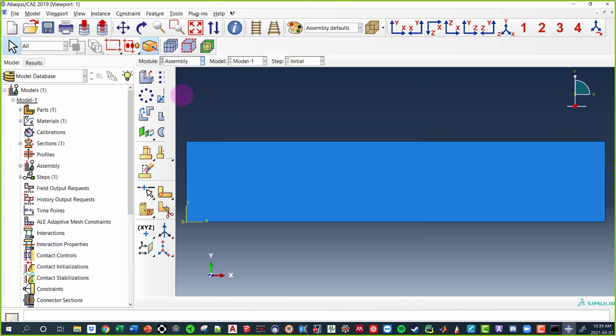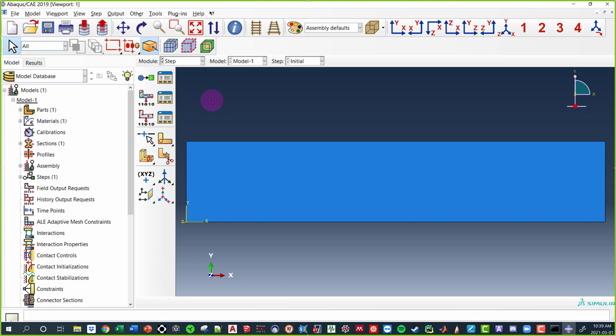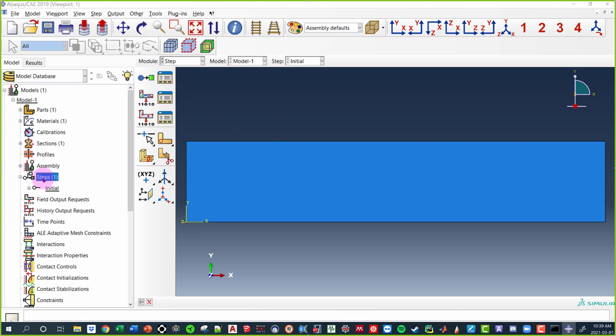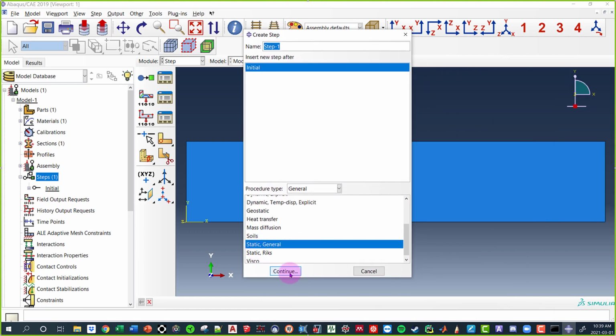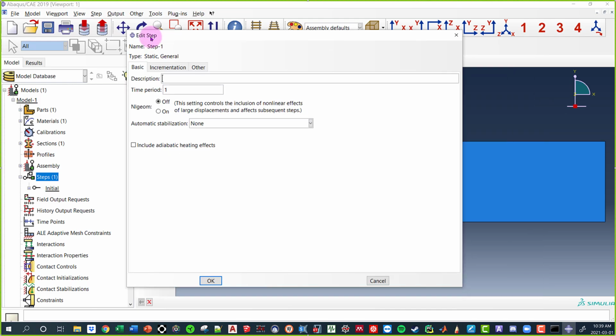And then once we get to the step tab, this is where we start accounting for those geometric nonlinearities. So the first thing that we're going to do is when we create our step, it says we want a static step. We get this menu. So to account for these geometric nonlinearities, we always switch this to on. Now, when you guys are using a finite element program and you're worried about geometric nonlinearities in ABAQUS, all you need to do is switch this to on. That's it. That's all. It'll take care of the geometric nonlinearities.